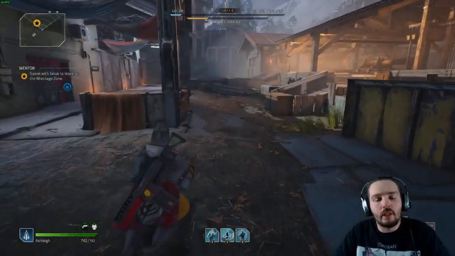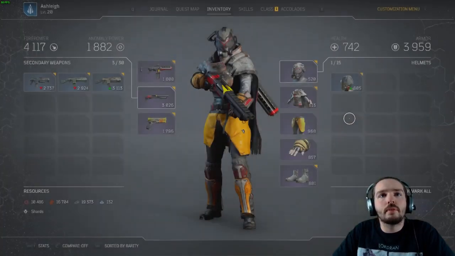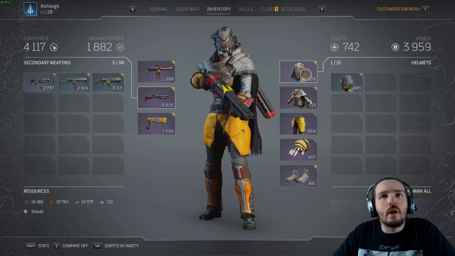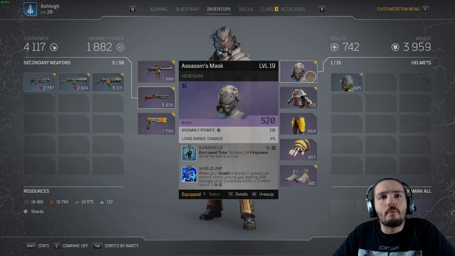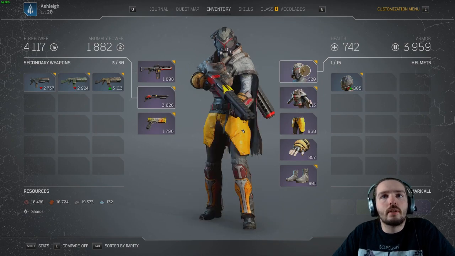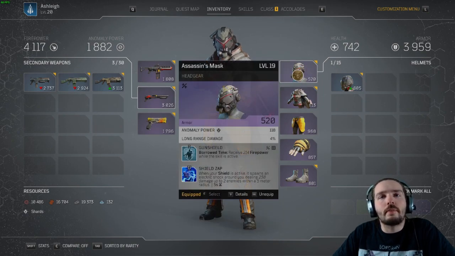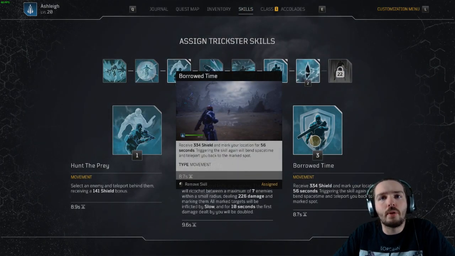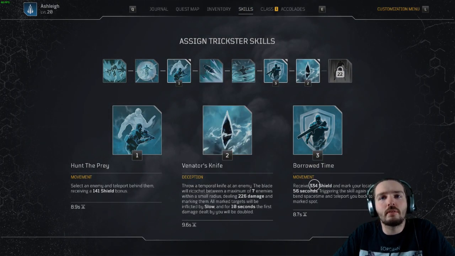But let me have a look here. There's the equipment. So the weapons aren't too important. What is important is the level 1 mods that you get, which affect your skills. So for me, this class leans very heavily on borrowed time, which gives us shields and